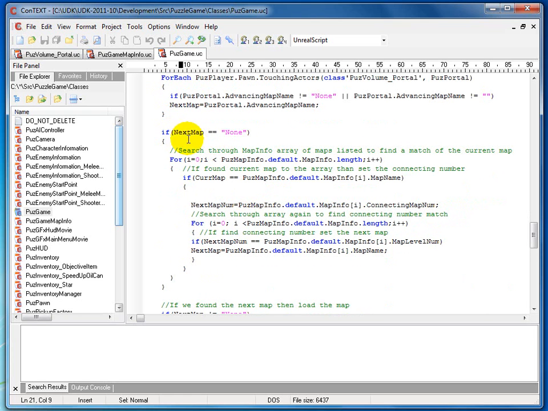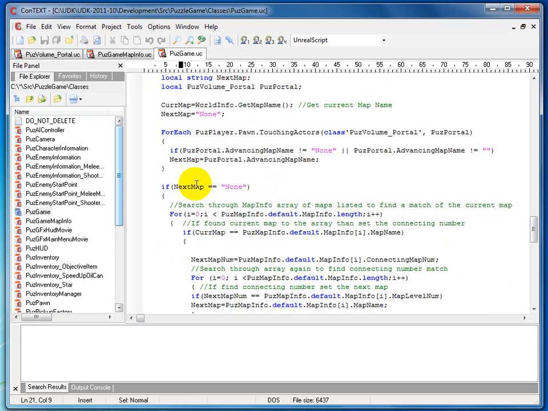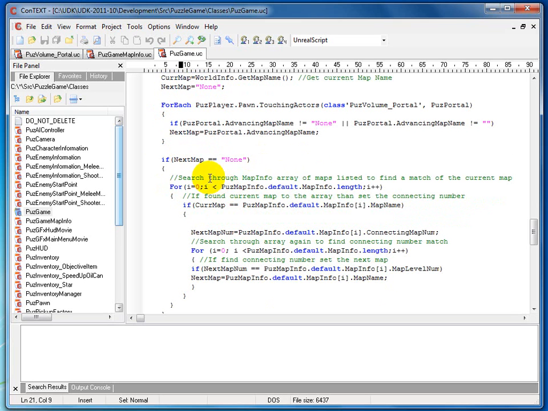Then we make sure that next map is equal to none still. If it's not equal to none, which means the player was set in the portal that was meant to advance him away from the normal map list, then like I said, we will skip this. But if it wasn't set, then it will be none most likely, because we won't be resetting next map like we did here. So we go down, like I said, if next map is equal to none,